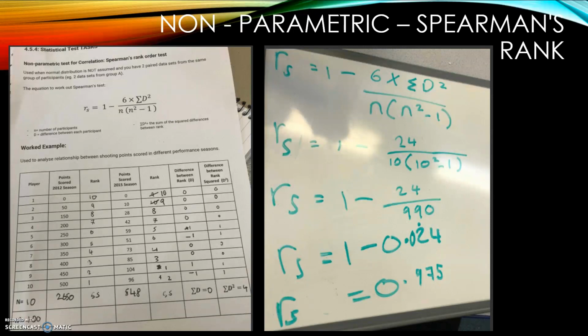So here it shows you the number of players were 10 that were recorded, the points scored in 2012 season, and then points scored in 2015 season. You rank the points scored in 2012 season, and then you rank the points scored in the 2015 season, and then you find the difference between the two ranks, and then you square the difference between the two ranks. So here it comes out with a calculated RS of